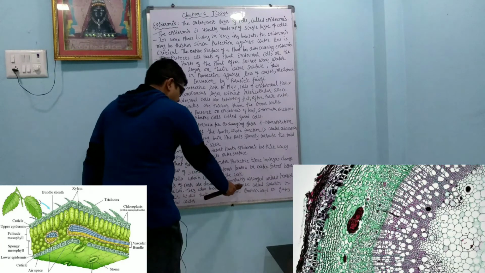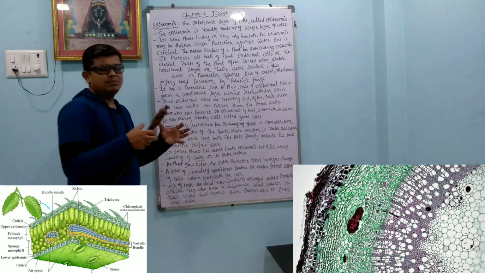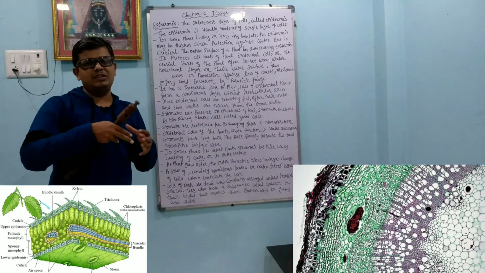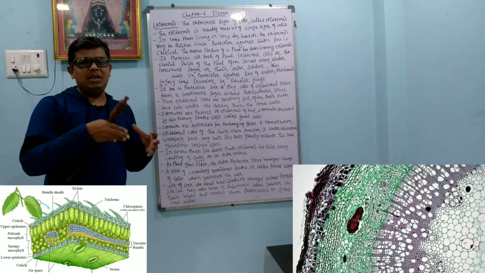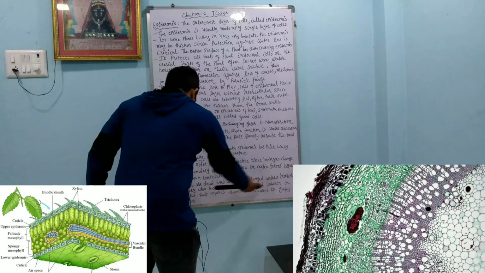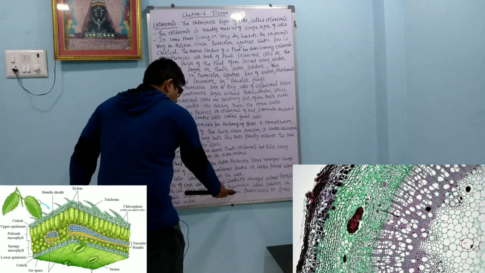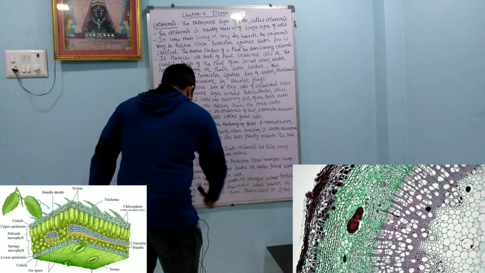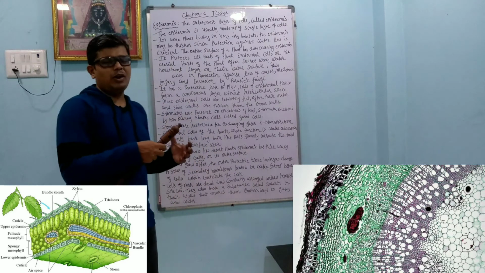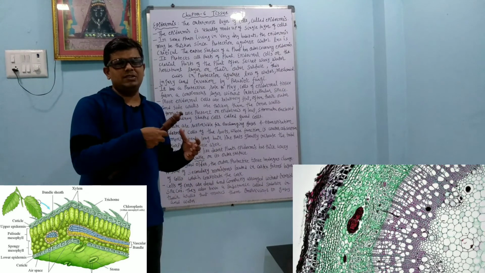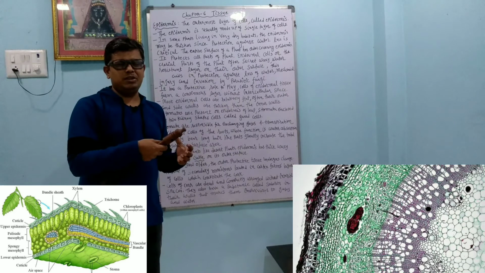They also have a substance called suberin. Because of this substance, gas and water exchange takes place minimally in their wall, which makes them impervious to gases and water. So it avoids water or gases coming inside or going outside.